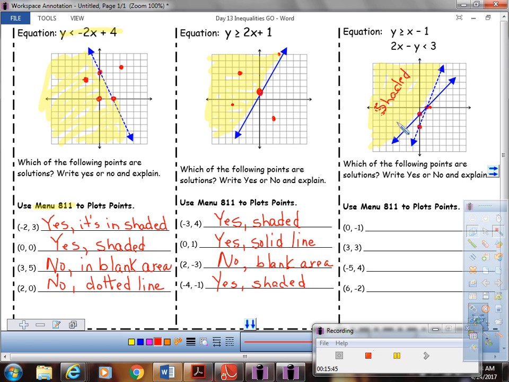And also right here, look, on this line from right here to here is going to be okay. Over here, not okay. So solid is okay, it's okay for it to be on the solid line. I'm going to put it right here, solid line. But the part that's dotted, it's not okay. So let's plot these points and see where they end up.